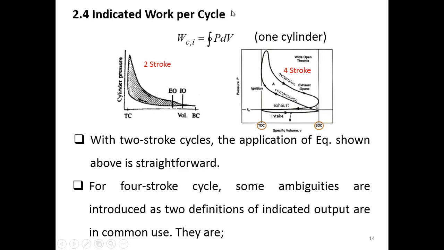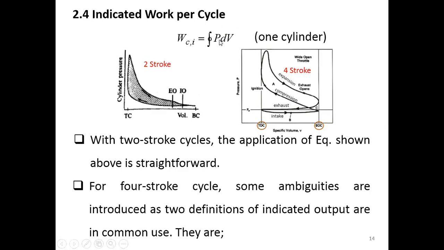Right. Since it talks about the cycle, our integrations have to be what? The cyclic integration. Don't forget about the circle here on the integration sign. It represents a cyclic integration. It is a cyclic integration of what? The pressure times the differential volume here. This is how we can get the indicated work if we want to do the calculations by hand,